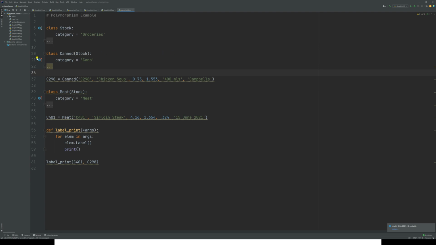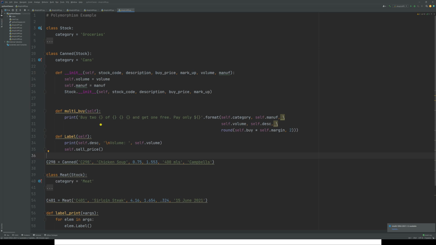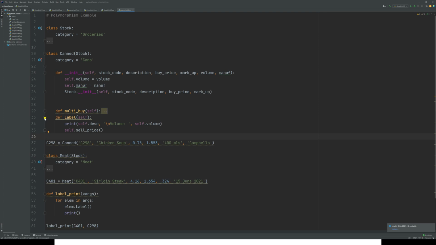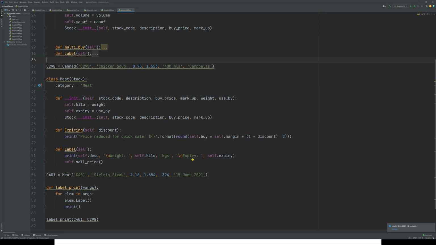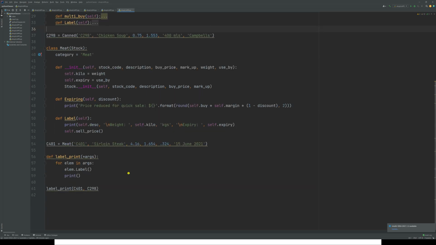So what we've done here, let me just show you. I've added to the canned class a label method, which we didn't have previously. So capital L Label, and in it we've got the description, we've got volume, and we've got a sell price. And as you remember, we also had in the meat a label which gave us weight, expiry, and sell price. So we have two methods in the different child classes, and now we've instantiated the can up there,